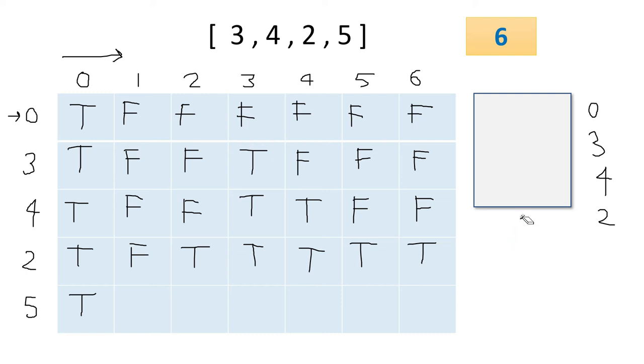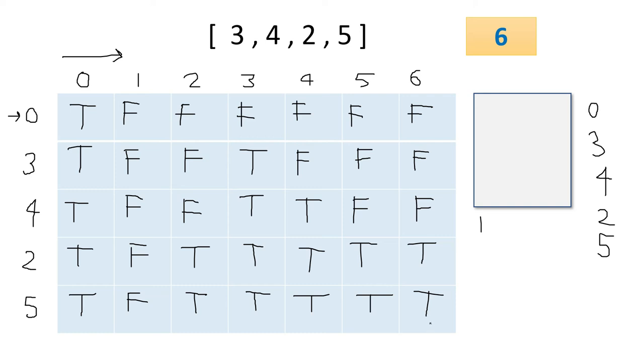Now we have to check for this number 5. So we got a new entry 5 and again we have to start from 1. Is 1 possible? No, it is not possible because 5 is greater than 1. So it is false. The above cell is true, so we will directly place true, true, true. And for everyone now it is true. Okay.